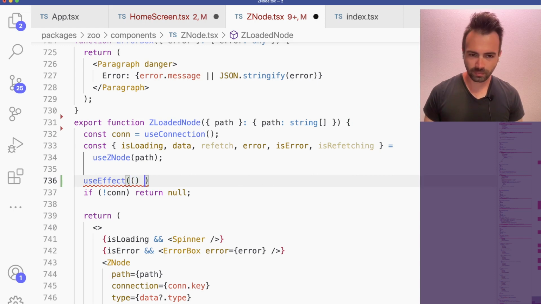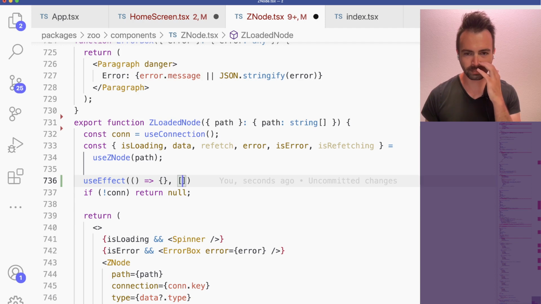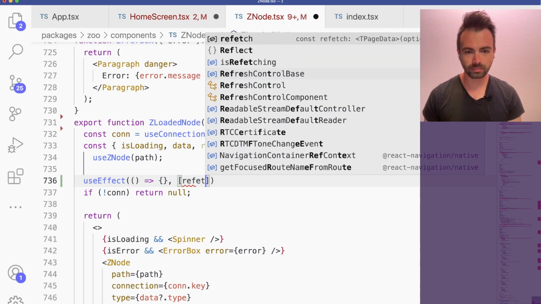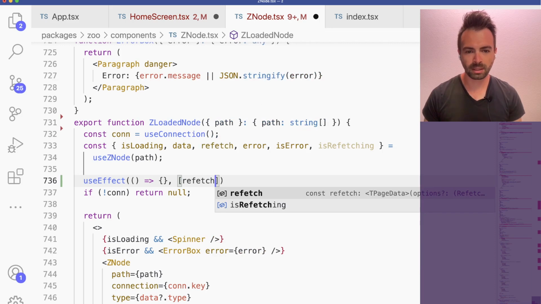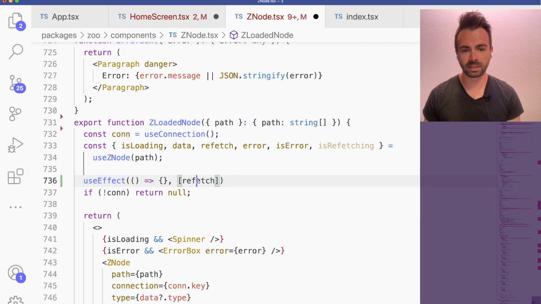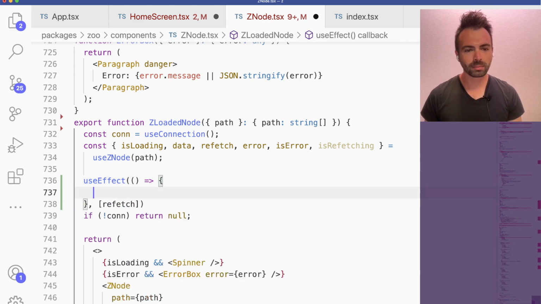So what I'll do, useEffect is a callback, something that you do when the dependencies change. The dependencies here are what? What if the dependency here is the actual refetch function? Because I think React Query is responsible for giving us a stable function identity here. And what we'll do is we'll say onActions,